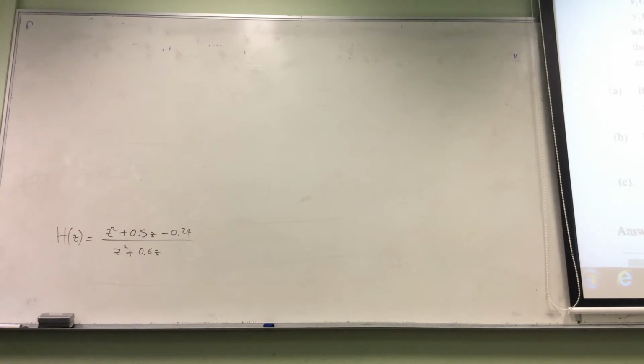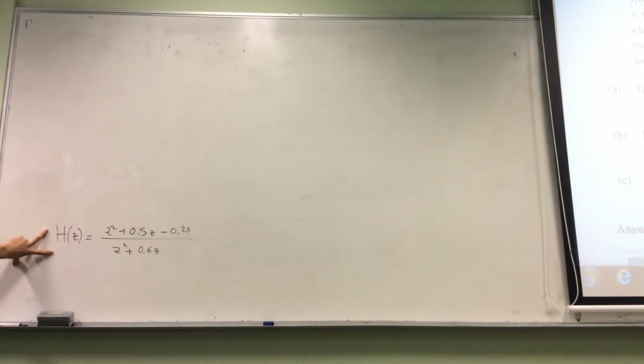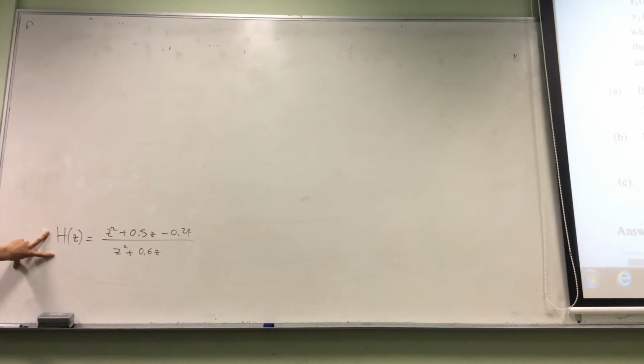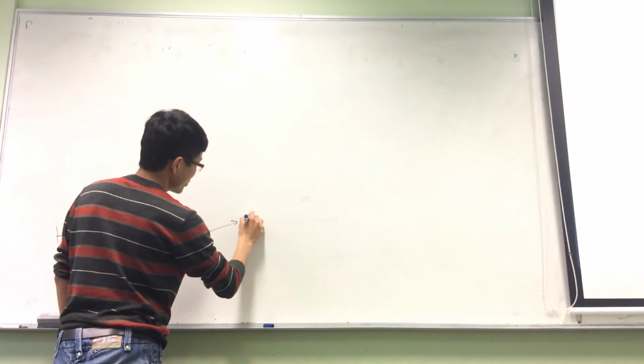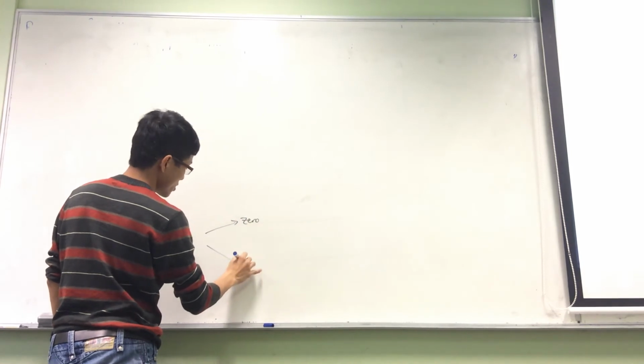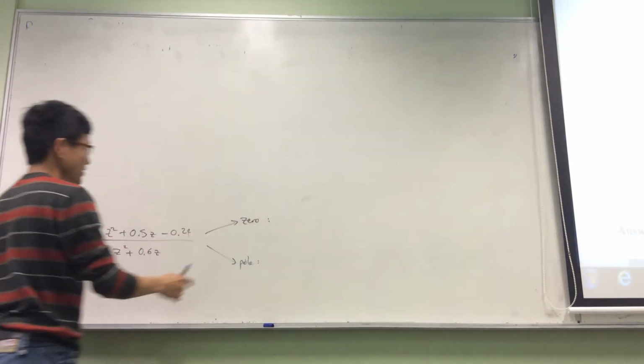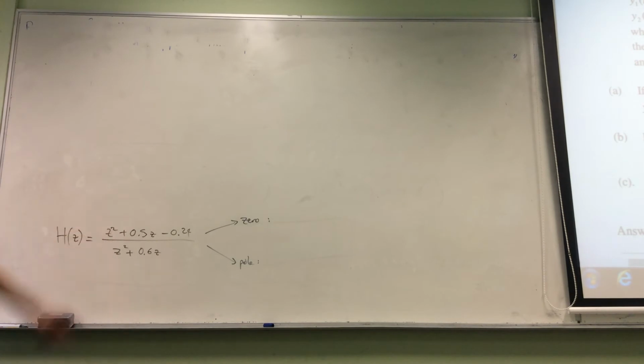Okay, let's do part B. Find the poles and zeros of the transfer functions. Okay, how to find poles and zeros? Zeros and poles. What are the zeros here? 0 and